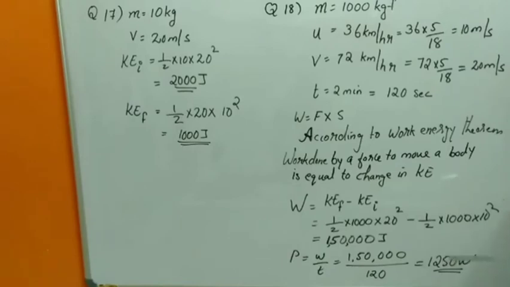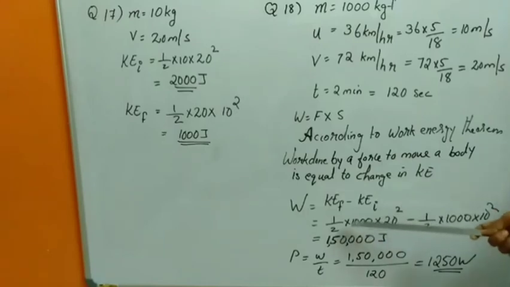That means its kinetic energy increases. So, why does this increase in kinetic energy take place? Because your friend pushed from behind. So, a force is applied which increases the kinetic energy. So, that is the work energy theorem. According to the work energy theorem, work done by the force, the friend is pushing you, so a force is applied. That force is equal to change in kinetic energy. Work done by a force. So, work done is equal to change in kinetic energy.